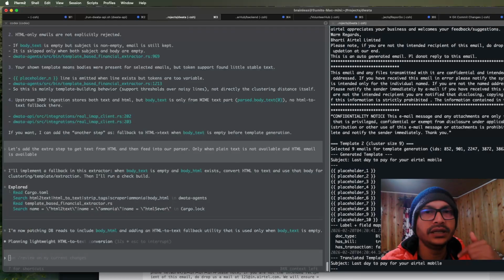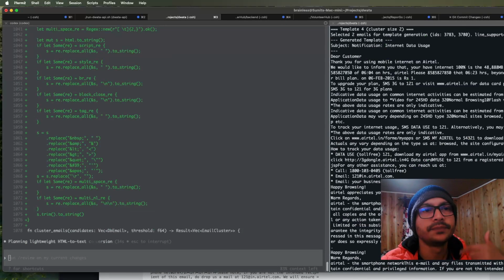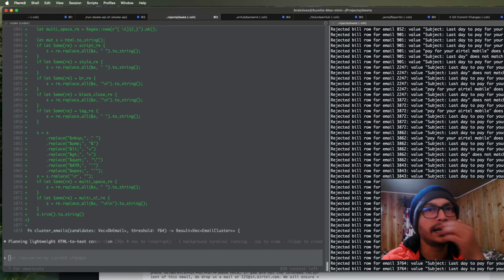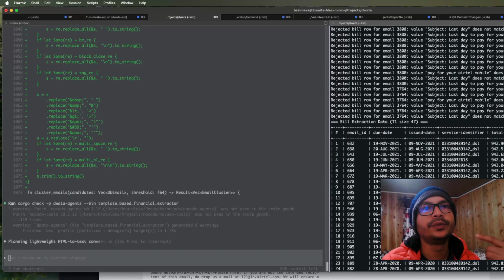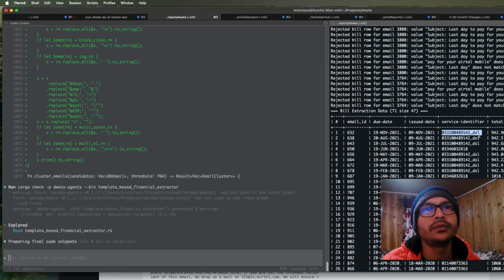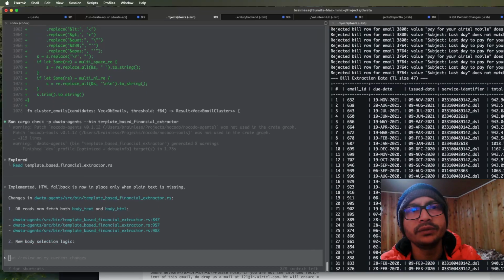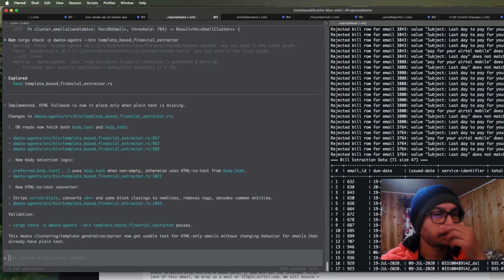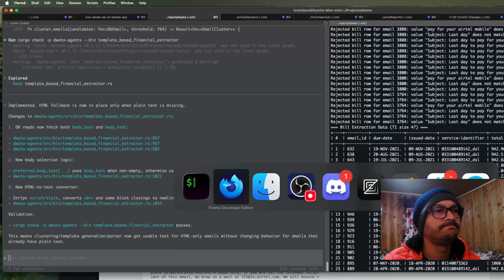Wherever it fails, I'm dealing with edge case after edge case after edge case. It is becoming better. Look at this result here, it comes out so cleanly. Even the phone numbers come out cleanly, the amounts paid come out cleanly, the dates are being parsed, and that was not happening just a while back. So yeah,